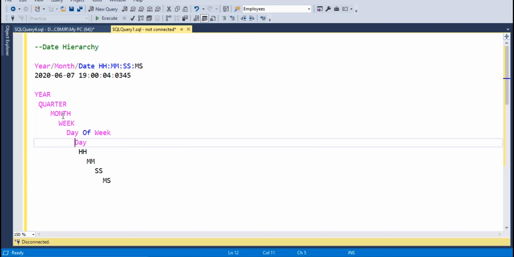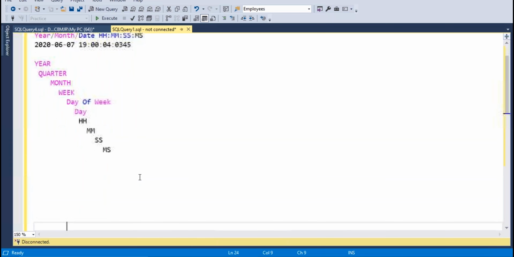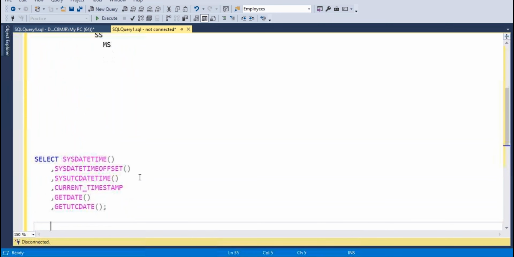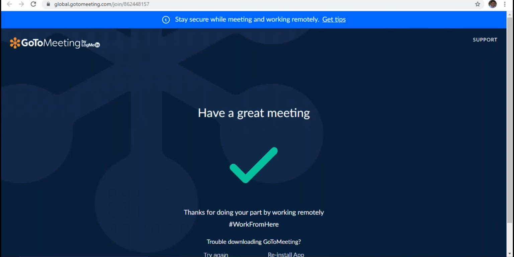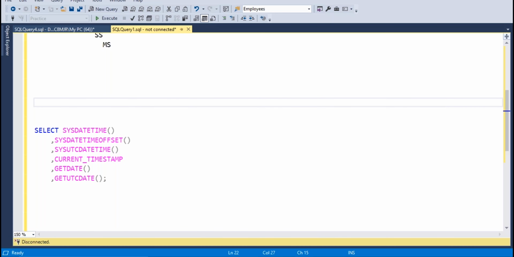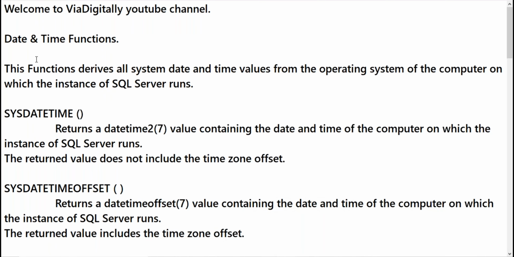So how can we use this hierarchy in our date and time functions? We have system date and time functions, and user defined date and time functions. First, system date and time functions, which we can use inside queries.